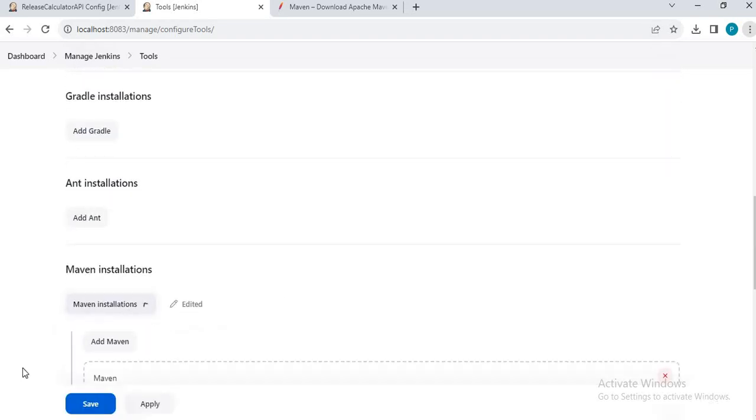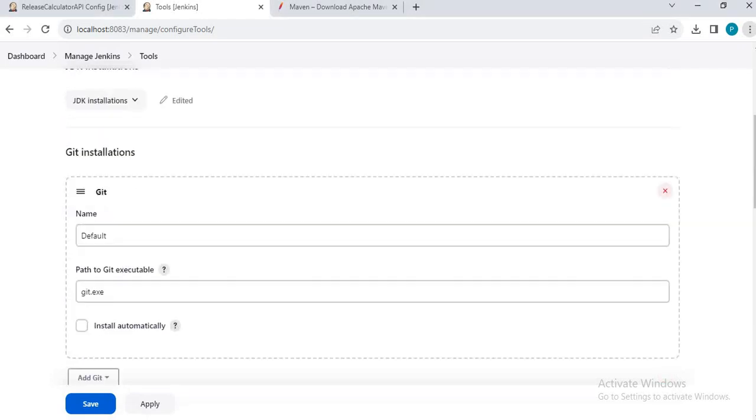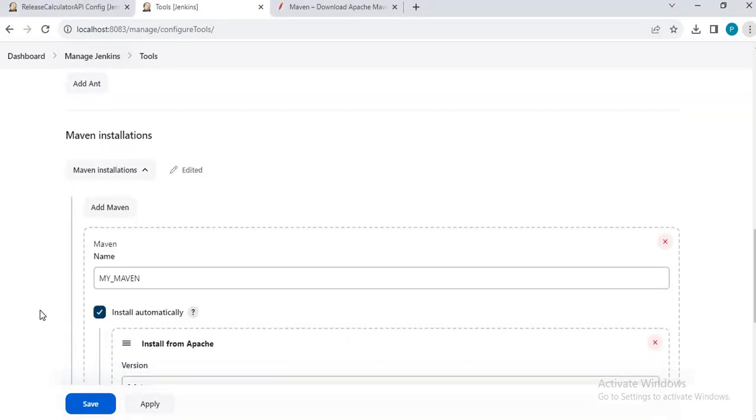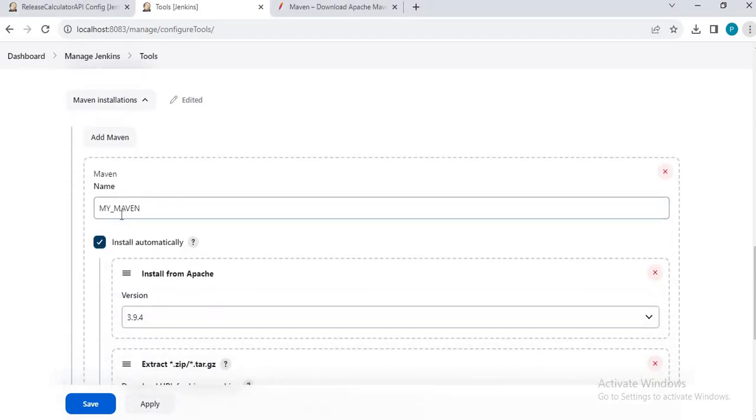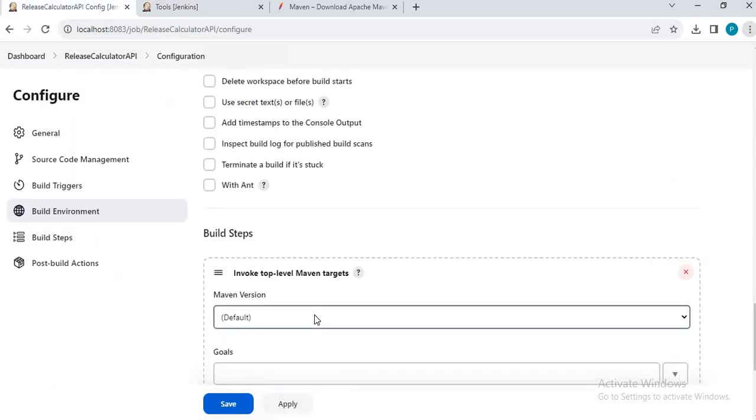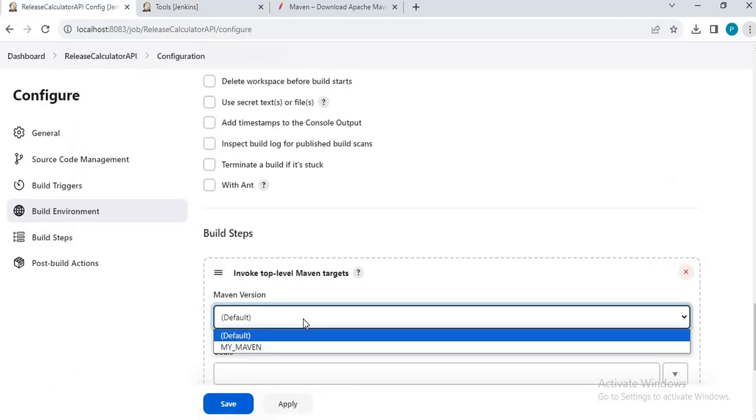and here we have the Maven installation configured. Correct. So this is where we have configured my Maven. So which Maven we want to use is what we have to select here.